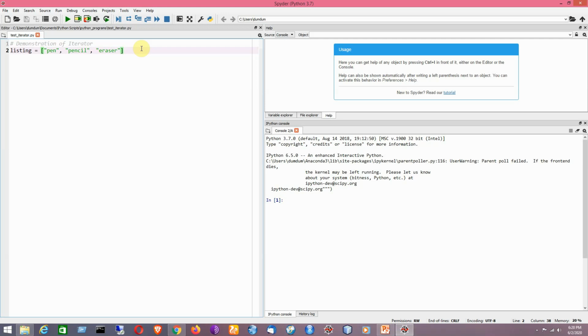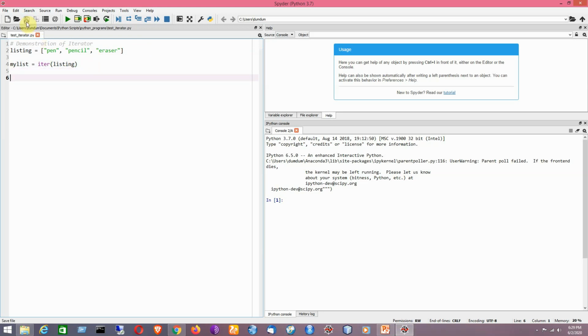I will now write here my list, that is the name of the newly created iterator. iter, that is the name of the function that I have already specified. Now I would like to write here listing. So in that way I will create an iterator.